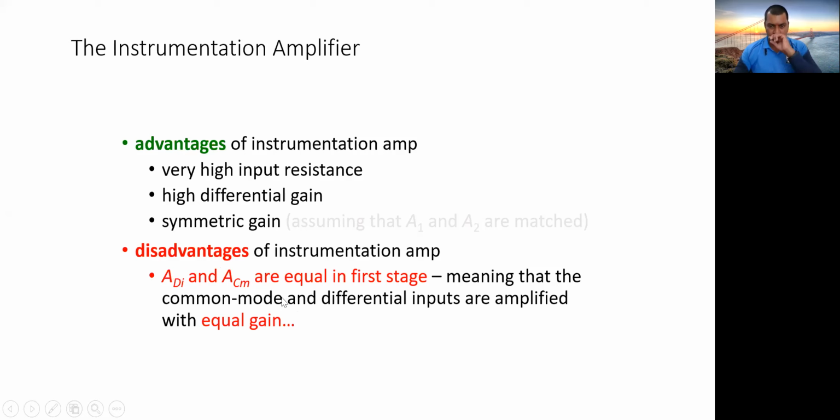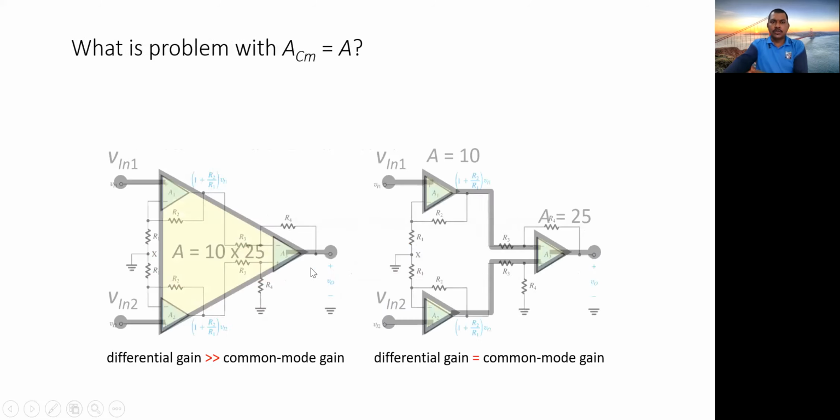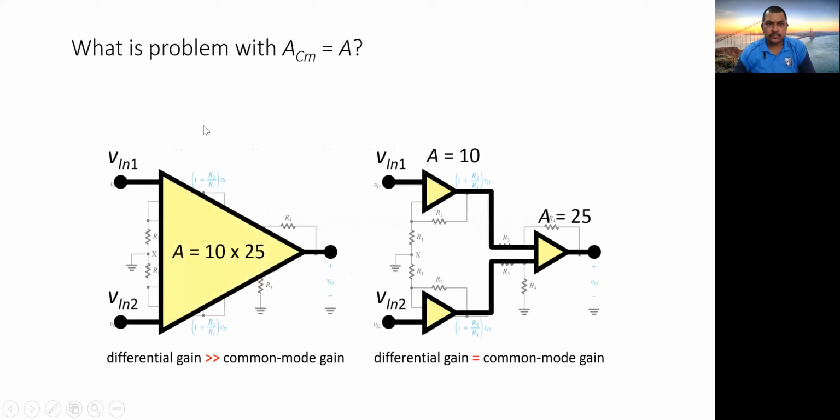So differential inputs and common mode inputs are both being amplified, when the common mode is supposed to be rejected, right? So what happens in that? I'm going to tell you. This is what I mean when I ask what the problem is with ACM equal to ADM. So common mode gain and differential gain, right? So here, if I think in that pattern, differential mode gain is greater than the common mode gain,